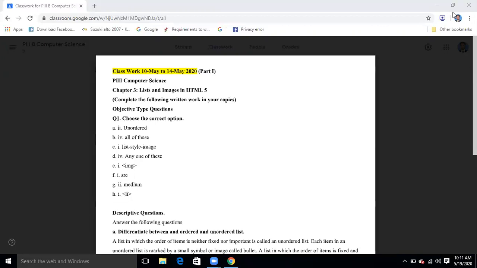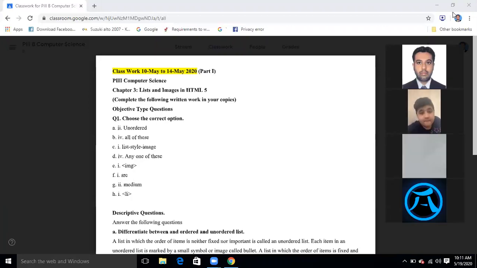It means I should understand that they have completed their written work. Okay, okay. Now just lower the hand.